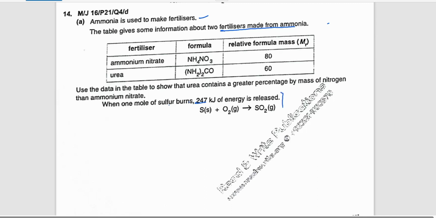Okay, this is not required. Something is extra. It might be required in the next part if there is any next part, but here